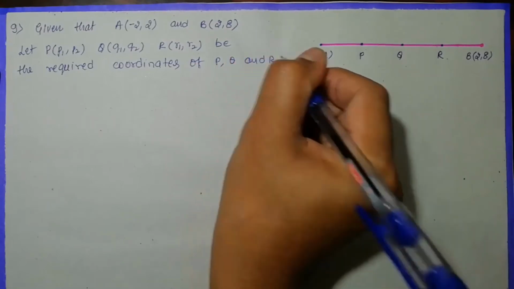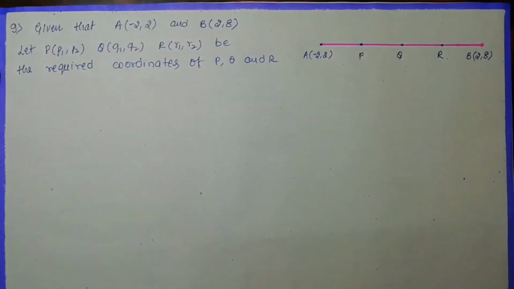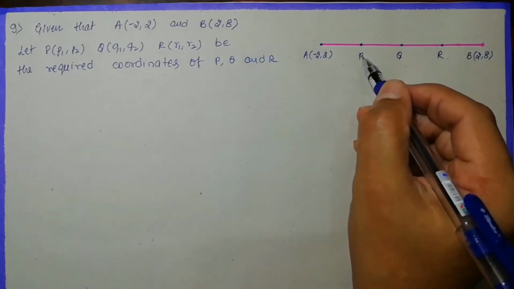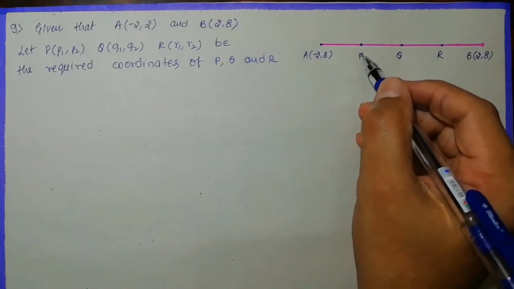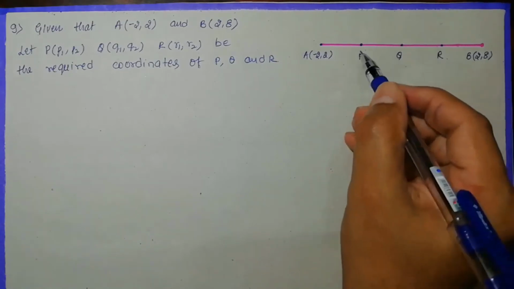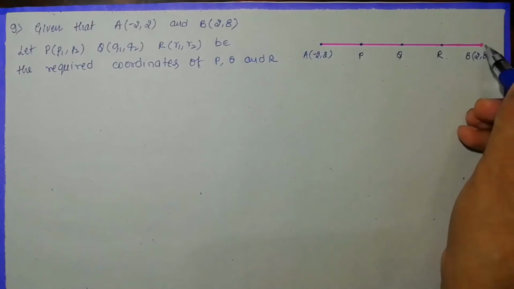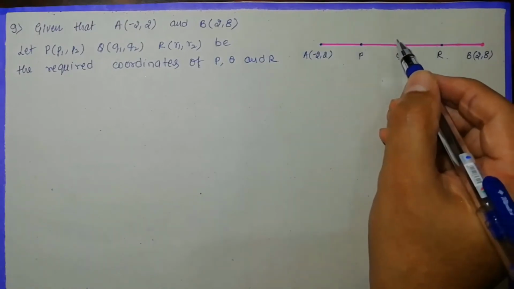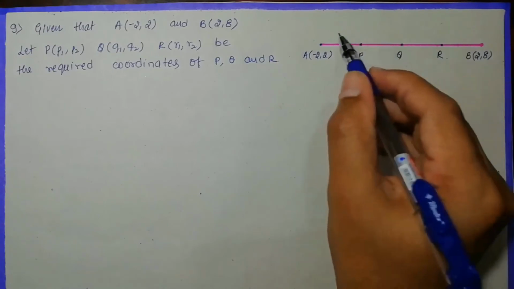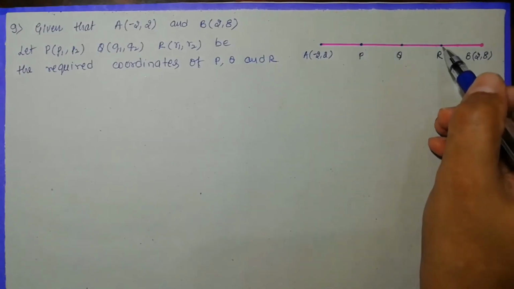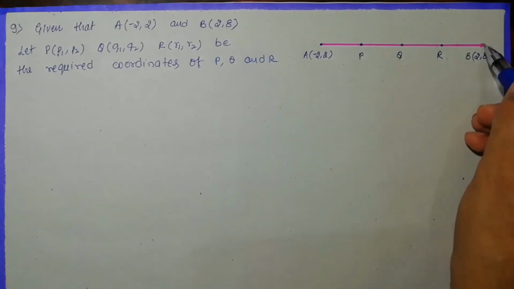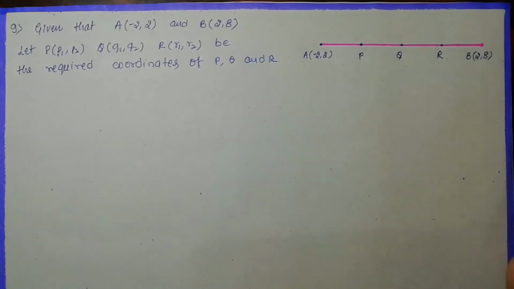Okay, so now look at here. First, don't try to find the point P directly; you can find it using the section formula. If you consider the point P, forget about Q and R, P divides AB in the ratio 1:3, because here one part is there and here 1, 2, 3, three parts are there, so 1:3. In the same sense, R divides AB in the ratio 3:1.